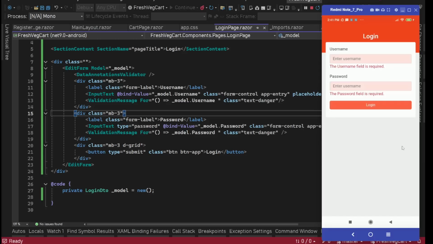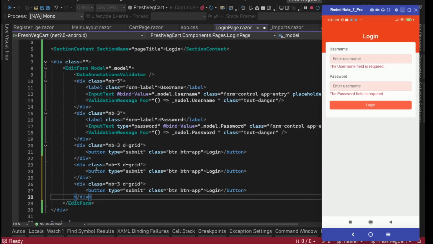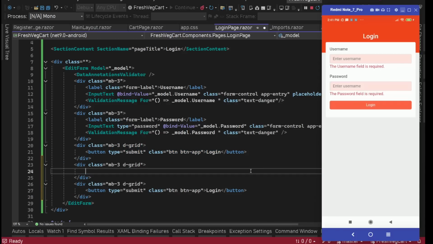All right, so on login we need to log in, but before that let's have our register button as well. So after this we are going to show register button, which will navigate us to the register page. Do that in here only. After this I'm going to have one more div, or let's say two more div, one internal div, or maybe let's have just